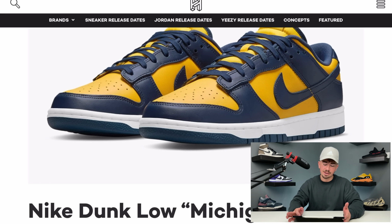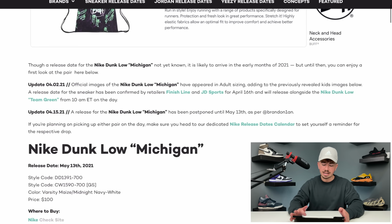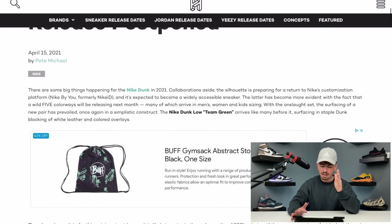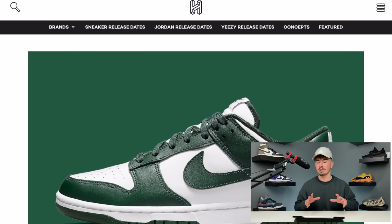So this Michigan colorway of the Dunk Low has been postponed again, May the 13th. Also on May the 13th is the Team Green Nike Dunk Low. I actually can't remember when these were supposed to release. Was it this week or next week? But either way, May the 13th, so you can have some catch-up time if you were falling behind a little bit